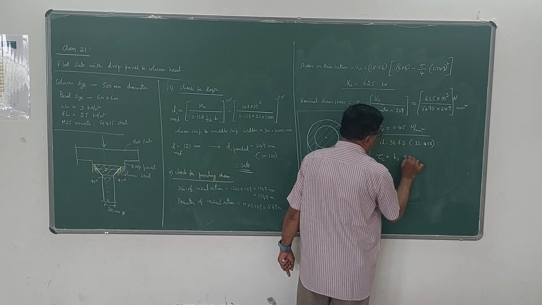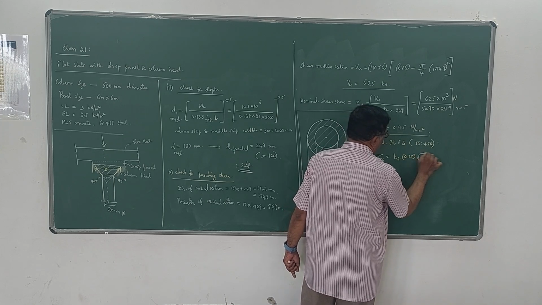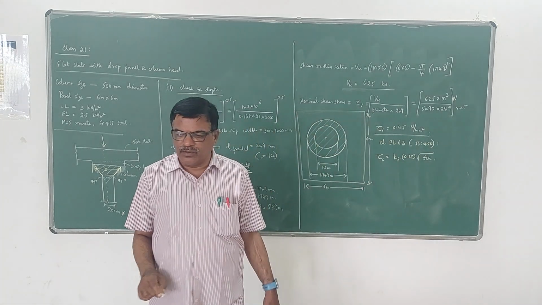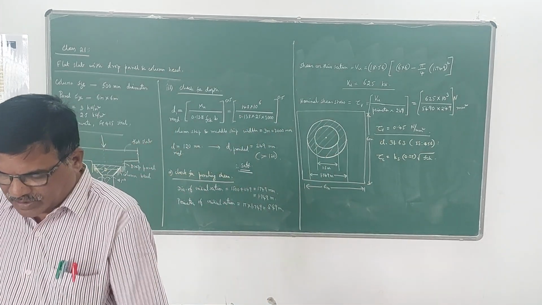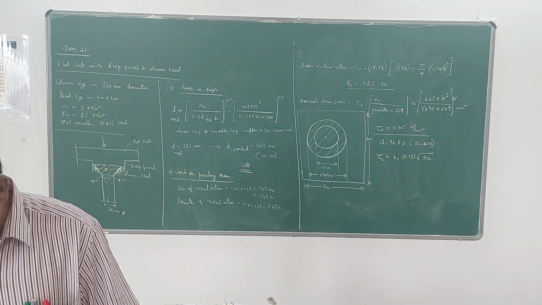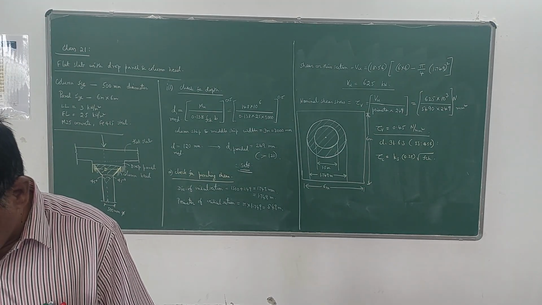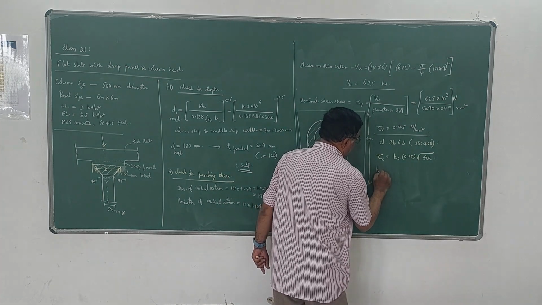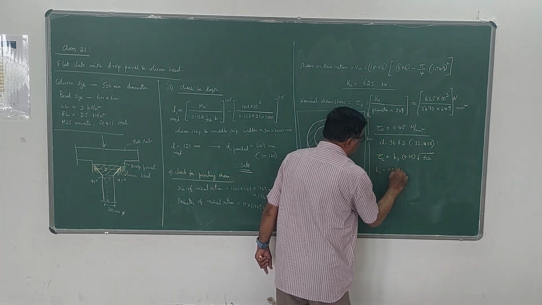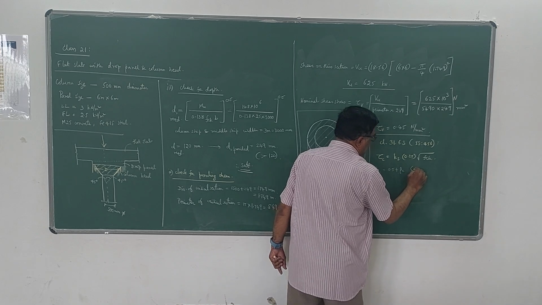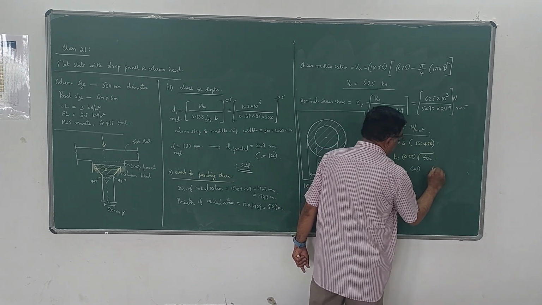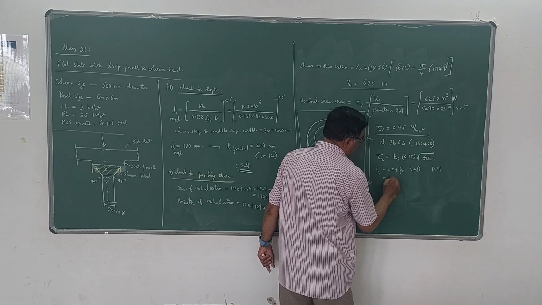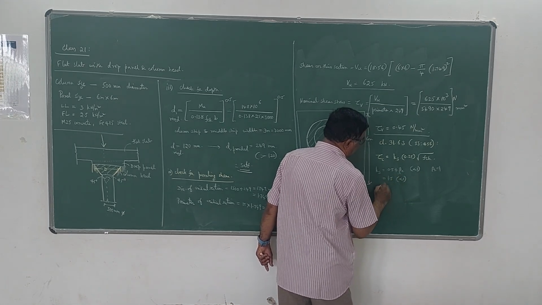Ks into 0.25 root fck. Here once again, this Ks value, I have given the page number: last design page number 14. Ks is 0.5 plus beta C, but it should be less than 1. Here beta C value is 1, so it becomes 1.5, but since it must be less than 1,